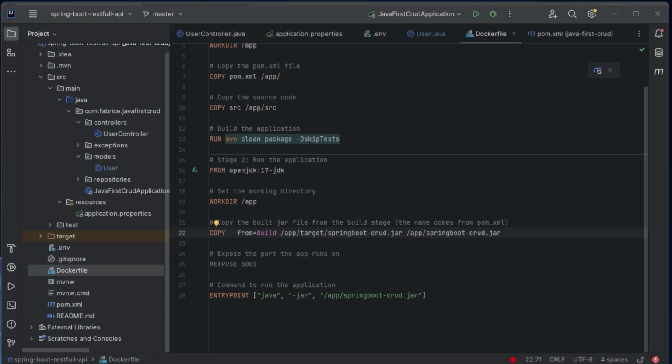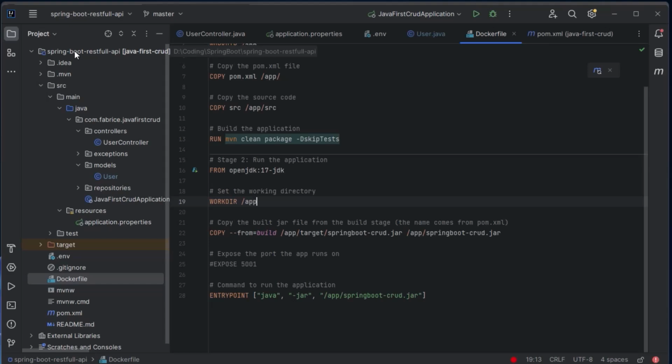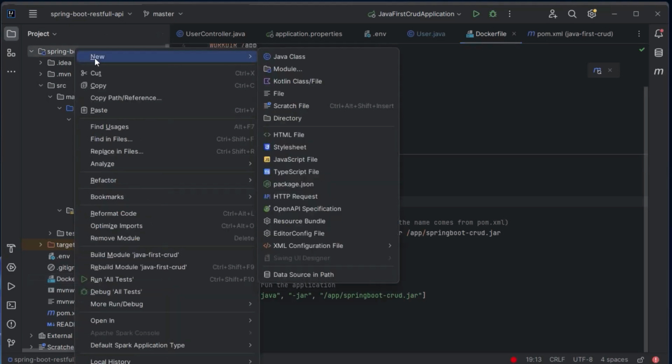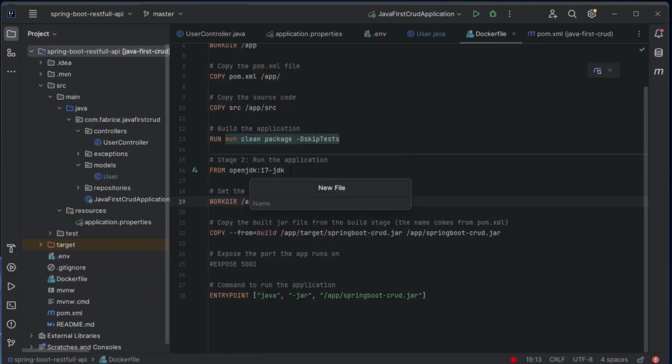One more thing that we need to do is to create a .dockerignore file. So let me right click here and choose new file. The file name must be .dockerignore, and hit enter.